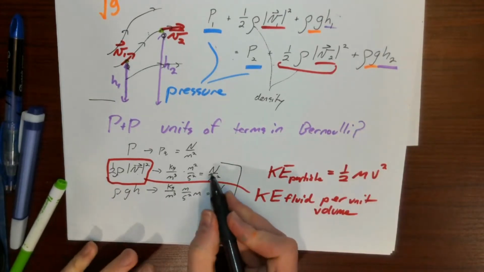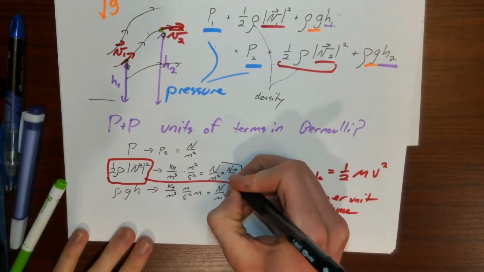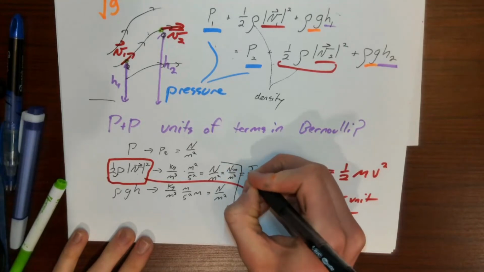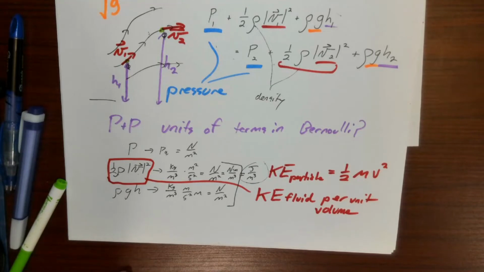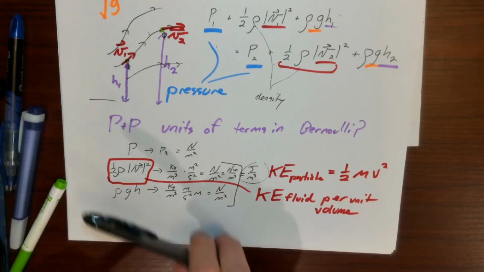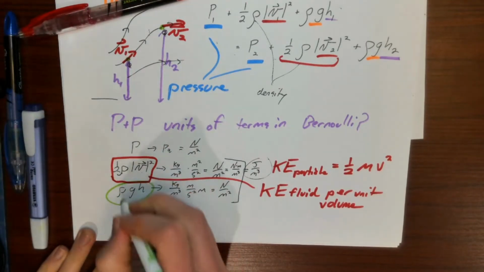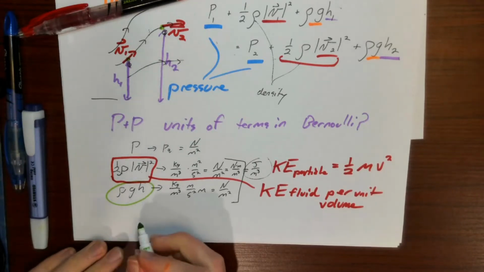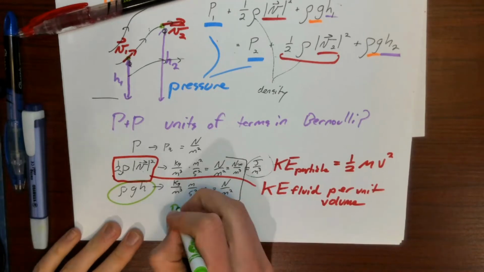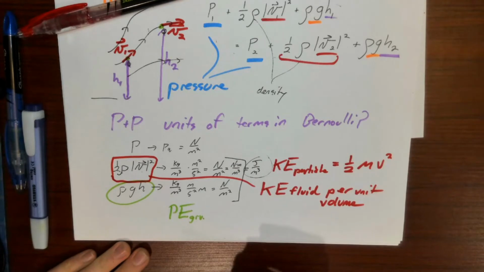So rather than interpret things in terms of newtons per meter squared, I could interpret it as newton meters per meter cubed, or equivalently joules per meter cubed. And this is really the interpretation that I like for Bernoulli equation. So take a moment now and pause and ponder, what does this term look an awful lot like? Perhaps you could dust off your mechanics notes. Well, if you look at this term, if we talked about the gravitational potential energy of a particle,